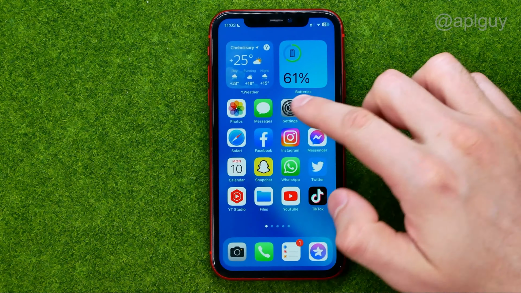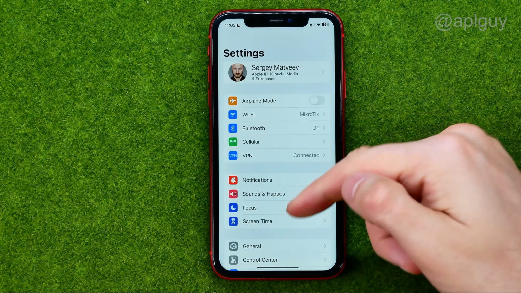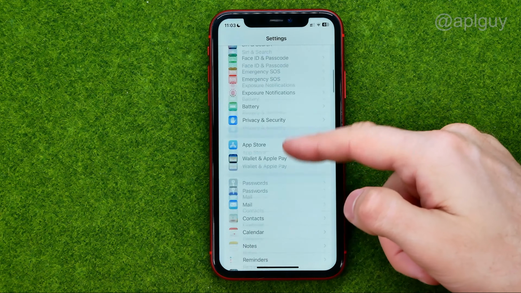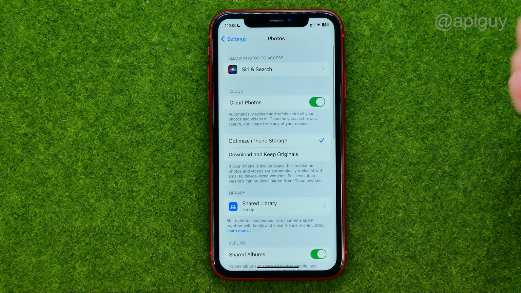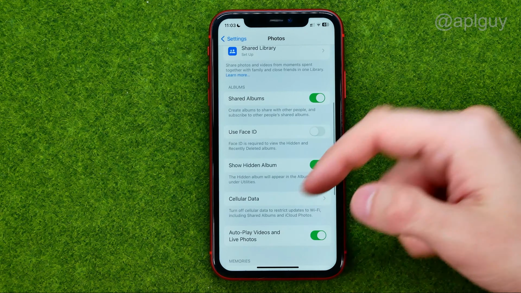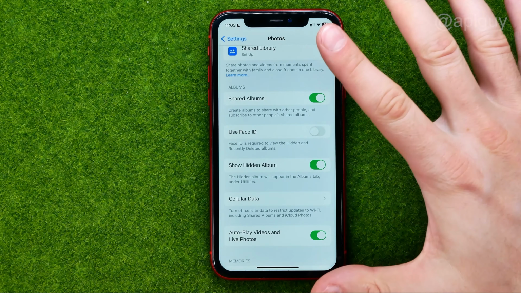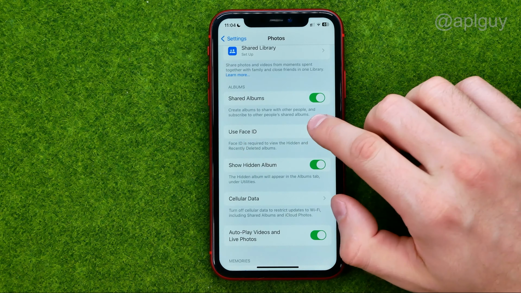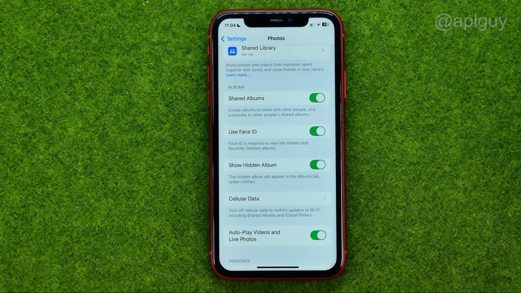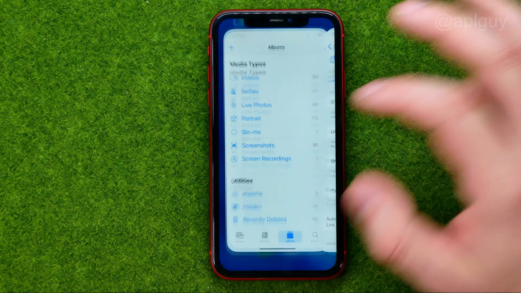Let me do it from scratch. We need to open up settings, then just scroll down until you find Photos. Scroll down again, and all we have to do is just turn on the option which is called Use Face ID. If I tap on it and go back to Photos,